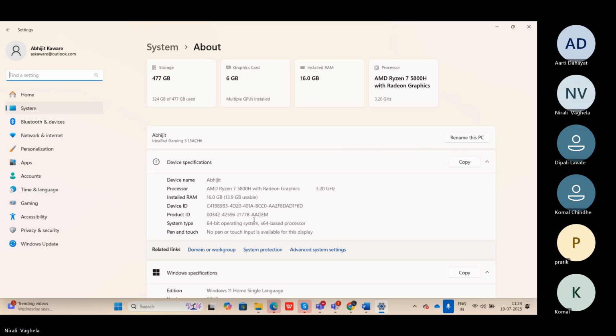Alright? Good. Online students, I hope everyone has a 64-bit OS. Yes, sir. Whoever doesn't have it, you have to format the PC, because the Power BI software won't be compatible with the OS you have. So that is the reason you have to make sure it is the same. Okay? Clear, everyone?